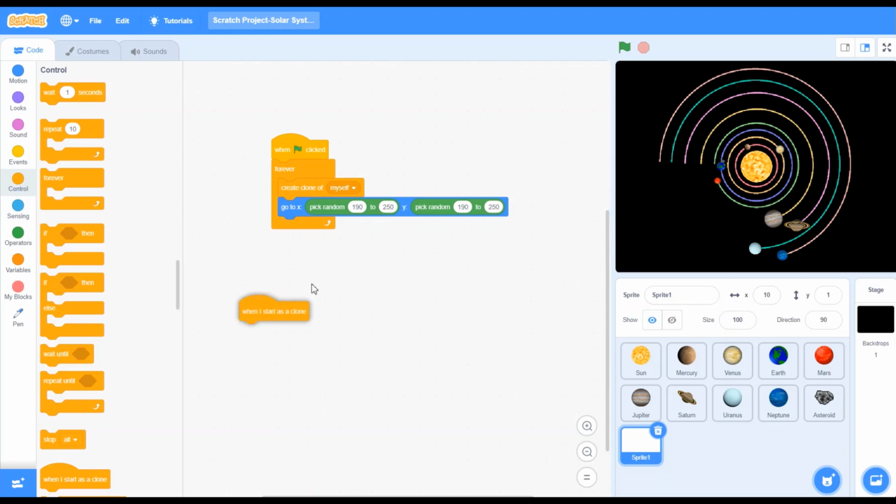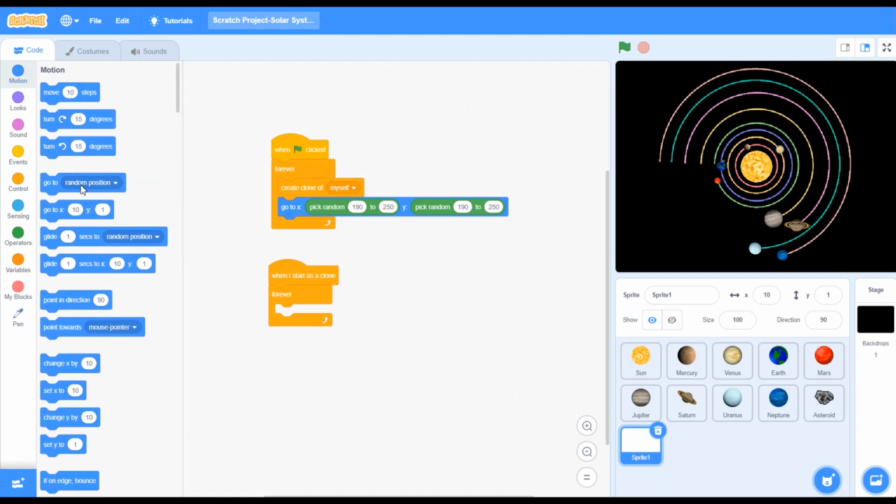Now friends, I will go to the controls option. Then I will pick when I start as a clone. I will pick a forever loop. Then I will go to the motions. I will pick go to sun. Then I will pick turn 15 degrees. I will change it to 25 degrees. Now I will pick move steps.